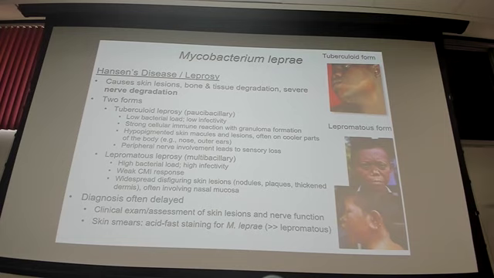In terms of presentation of leprosy, which is also known as Hansen's disease, this is a disease that primarily affects the skin or the nerves, nerve endings, and causes nerve degradation, which is a hallmark. But there are two different forms of this disease. The first form is considered to be the milder of the two, and it is directly related to your immune system's competence at handling these bacteria. If you have a robust cell-mediated immune response, you're able to keep the bacterial load down, and you'll have some granuloma formation, but these symptoms are milder than the other form, which is called the lepromatous form.